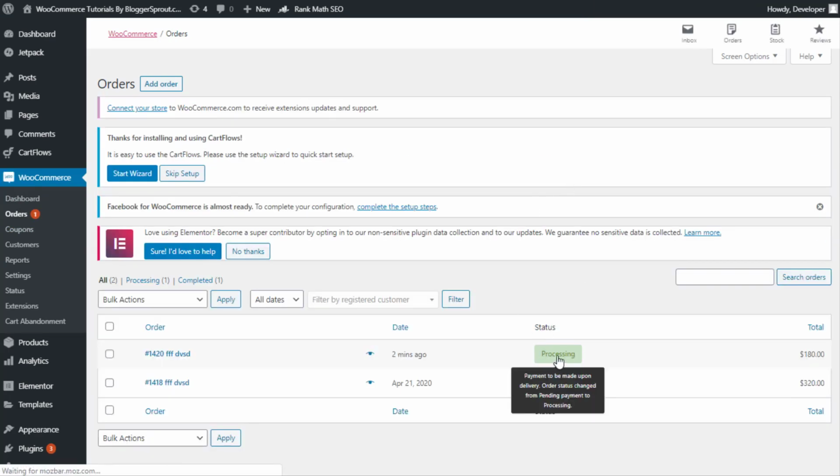That says processing. Okay, so what does this processing mean? As you can see, on hovering over processing, it says payment to be made upon delivery, order status changed from pending payment to processing. Okay, so it means that payment has not yet been received. So I will click on the order